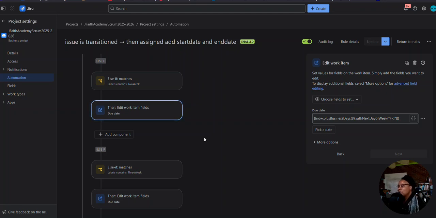Because when they move it from to-do to in progress, let's just say I'm going based on the assumption that they were late moving it. They were late putting it in progress, so instead of moving it to the following week on a Tuesday or Monday, or whenever they did it,